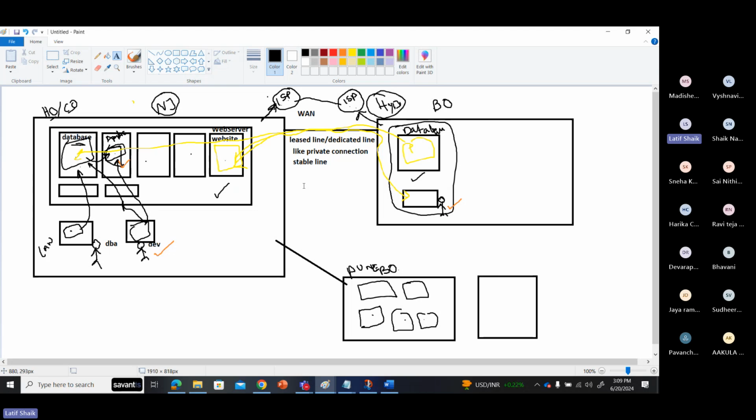You have to pay for public connectivity. That entire setup is costlier. But dedicated speed is there, stable connectivity is there.